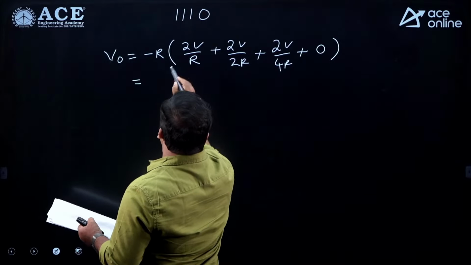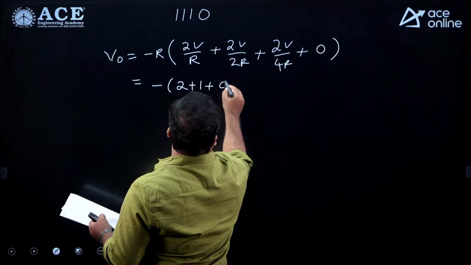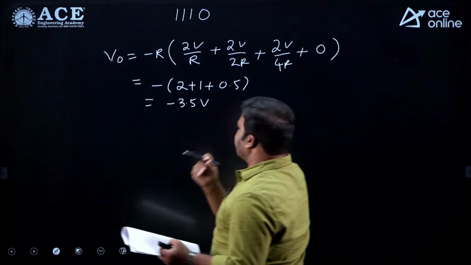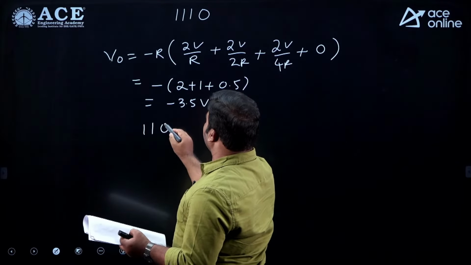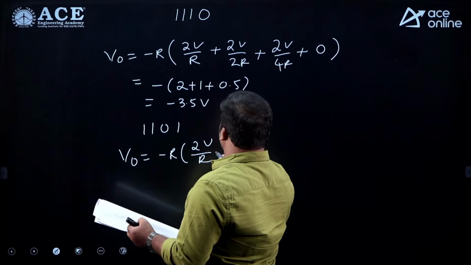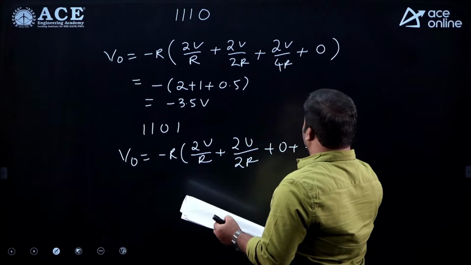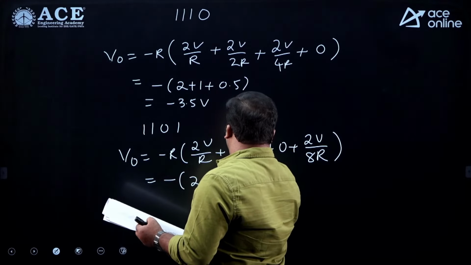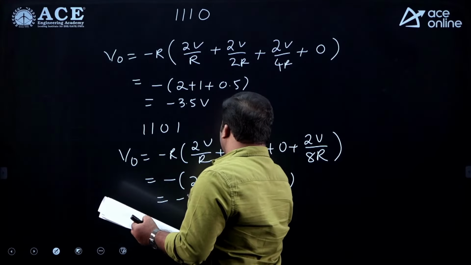So, what we get here, R gets cancelled, it is minus of 2 plus 1 plus 0.5. So, it is nothing but minus 3.5 volts, we are getting that minus 3.5 volts. For 1101, if I calculate the output voltage, it is going to be minus R times 2 volts divided by R plus 2 volts divided by 2R plus 0 plus 2 volts divided by 8R. Then it is going to be minus of 2 plus 1 plus 0 plus 0.25, it is going to be minus